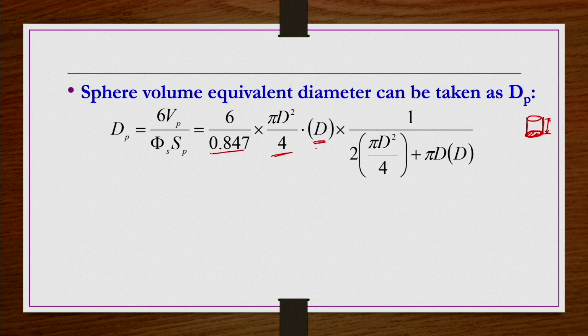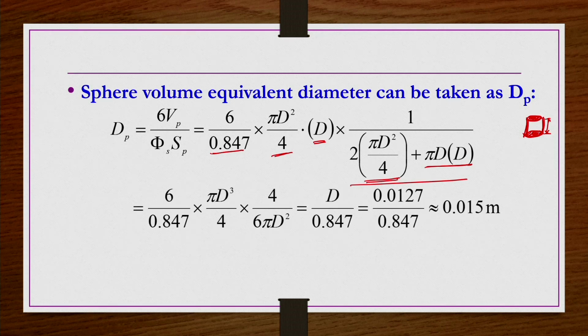Now the height of the cylinder is equal to the diameter of the cylinder, so that is d. Surface area is the surface area of the circular cross sections plus the surface area of the remaining cylindrical section. The circular section area is pi d square by 4, and there are two of these circular sections, so that should be multiplied by 2, plus the surface area of the cylinder, which is pi d h. So h is now d, so that is pi d d. This we have done previously, but still we are doing it once again.